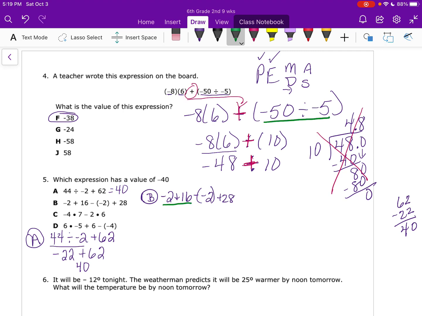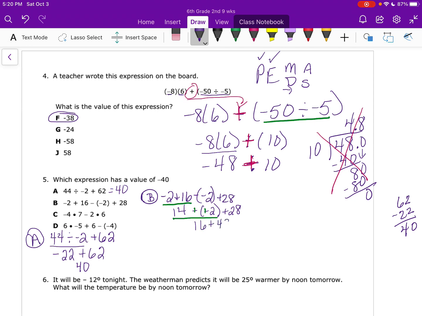So the first step we're going to do is negative 2 plus 16. And that is 14. Because the signs are different, we're going to take away our 0 pairs. We're left with positives. And then our next step is going to be 14 minus negative 2. The minus and negative, we're going to keep change switch. So 14 plus 2 is